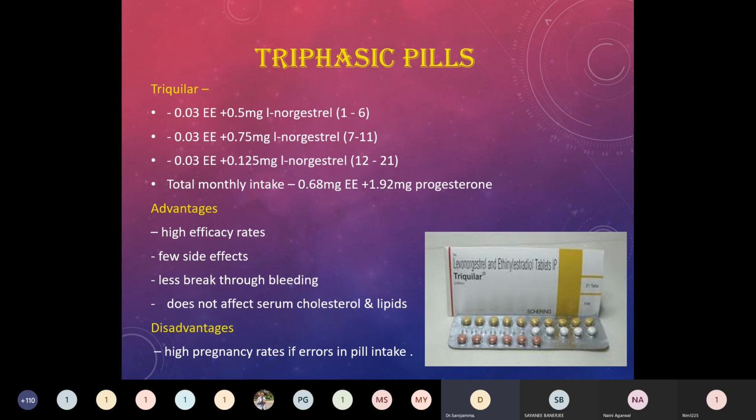And levonorgestrel strength varies: from day 1 to day 6 it is 0.5, day 7 to day 11 it is 0.75, and day 12 to day 21 it is 0.125 milligram. The advantage of varying the strength of this progesterone is better cycle control and better efficacy, because the breakthrough bleeding and other menstrual bleeding problems are due to progesterone, and can be better controlled with variations in the dosage. Advantages are high efficacy, few side effects, and less breakthrough bleeding, as I already told, and